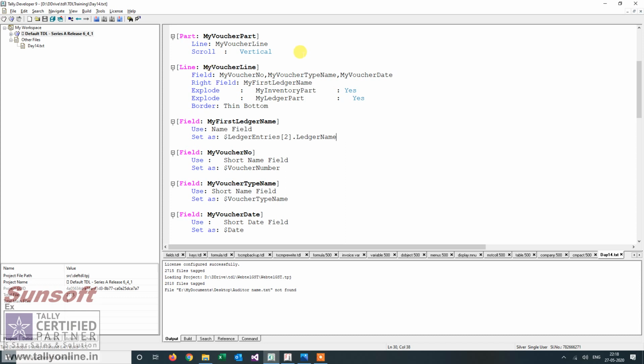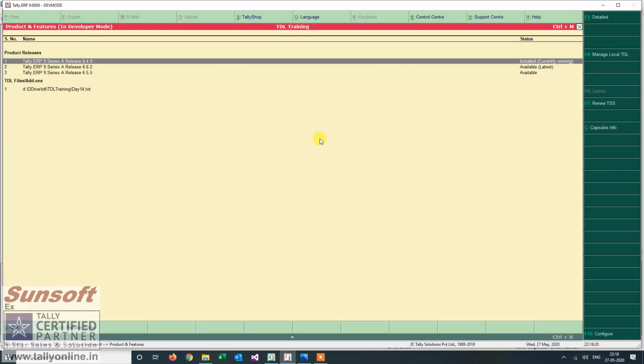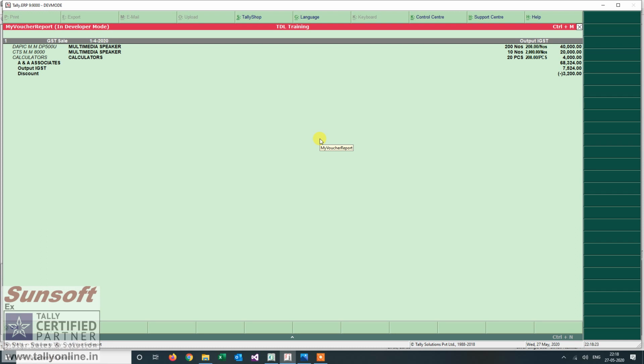So let us understand this. This means at a voucher context, I want to print the second ledger entry of the voucher. In the ledger entries, the second one is the sale head, so I write ledger entries, since I am at the second ledger name. Let us see what I get here. I am getting output GST. So I get the desired result.